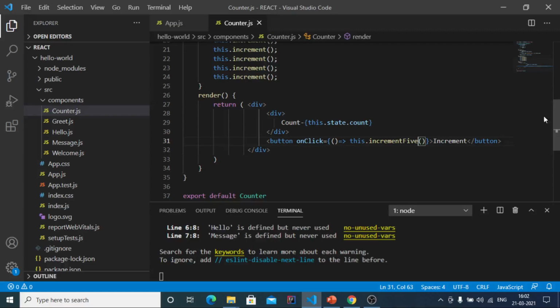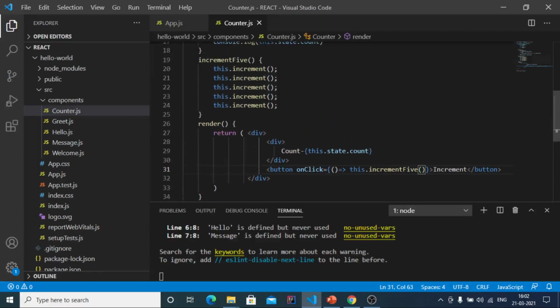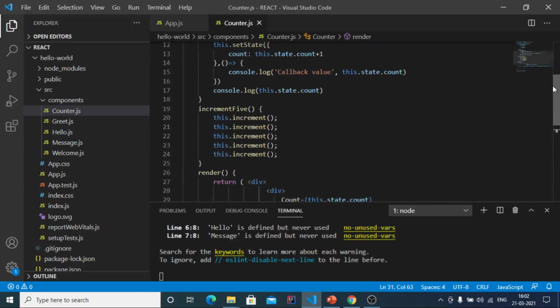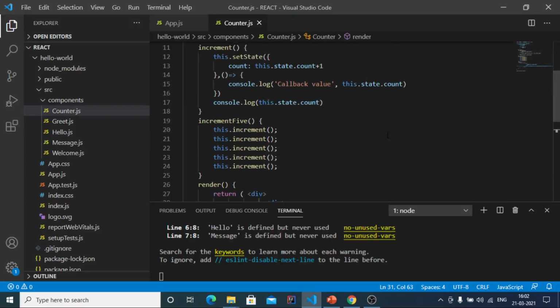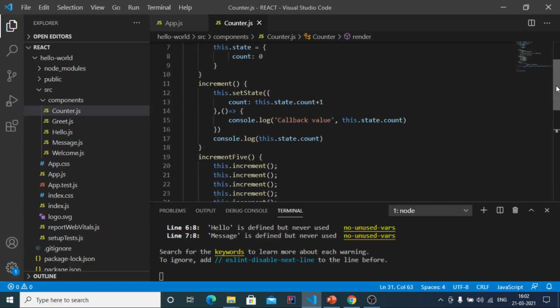So now if you want to increment the value of count by 5, we have to make use of, instead of passing the object to the set state method, we have to pass, instead of a regular object, a function.